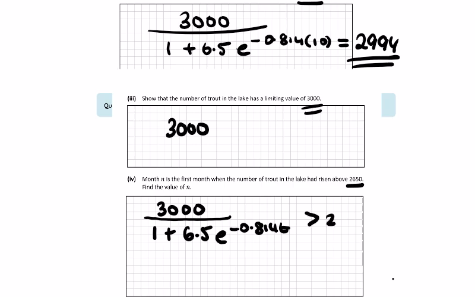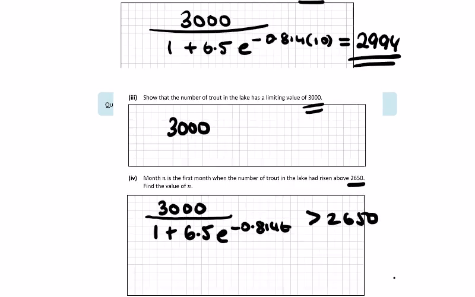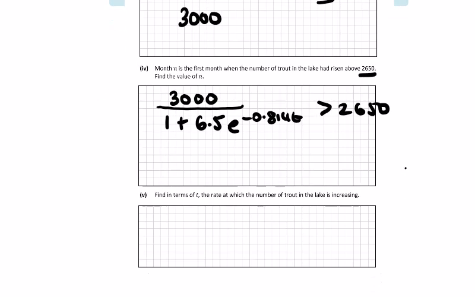When is that greater than 2650? If we cross multiply, we'll get 3000 will have to be greater than 1 by 2650 plus 2650 by 6.5, which is 17225, and that will be e to the power minus